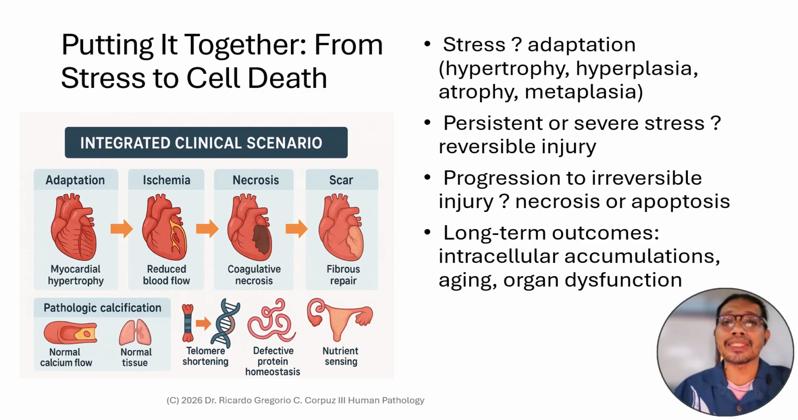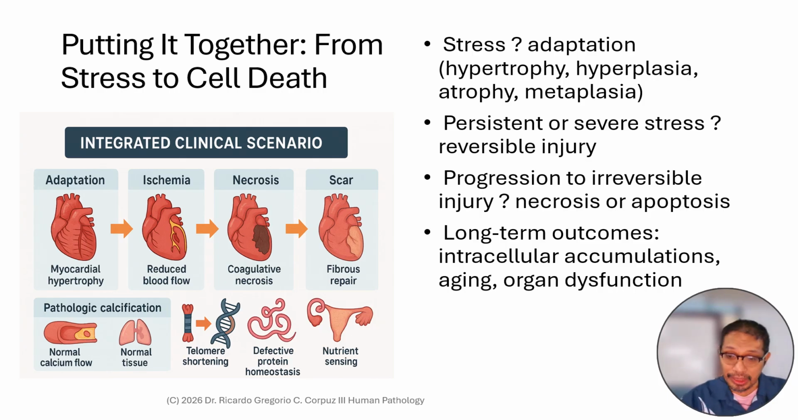In the early stages, the myocardium responds to the increased workload through hypertrophy. This is an adaptive response. The cardiac muscle fibers enlarge to generate more force and maintain cardiac output. At this point, the process is still physiologic in intent. Even though the underlying stimulus is pathologic, the heart is compensating. But over time,